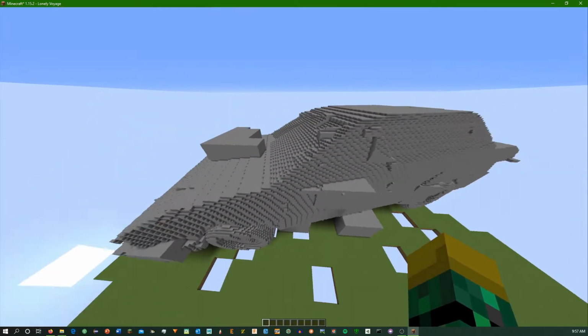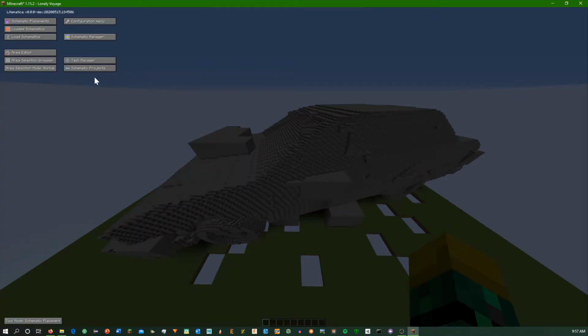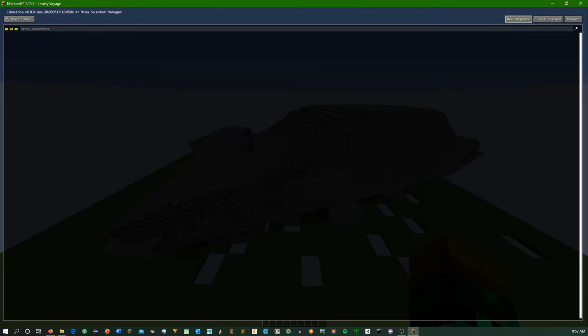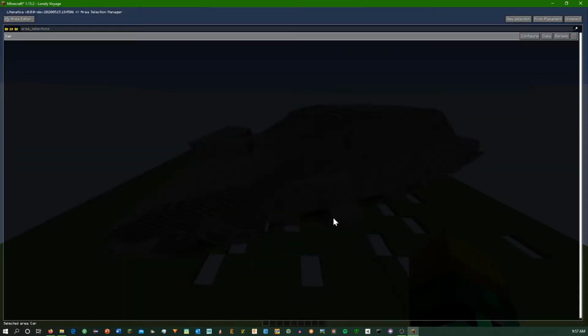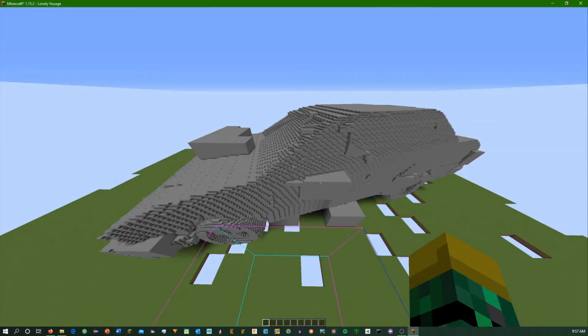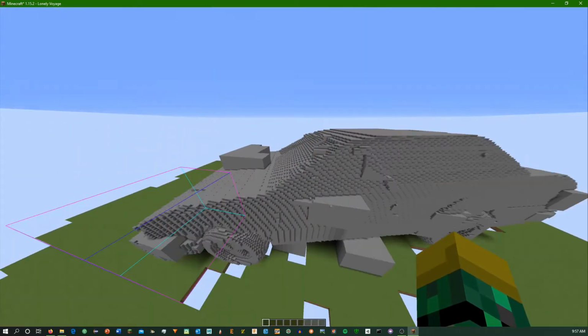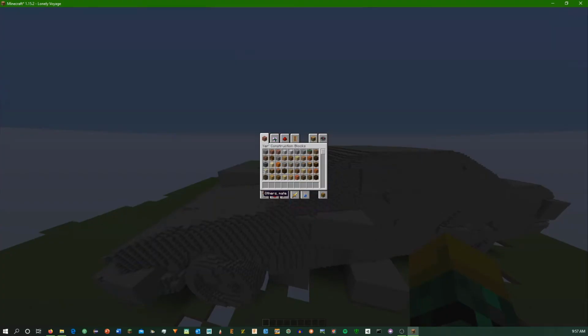And the keyboard has a button called M on it. You're going to click that, and you're going to see all of this. This is where you're going to make your schematic. So let's go to Area Selection Browser, New Selection, and then call this, well, this is a car, so I'm just going to say car. Then OK. And now this should pop a nice little block below you. This is pretty useless on its own, so we need to get a stick. So you go get a stick,